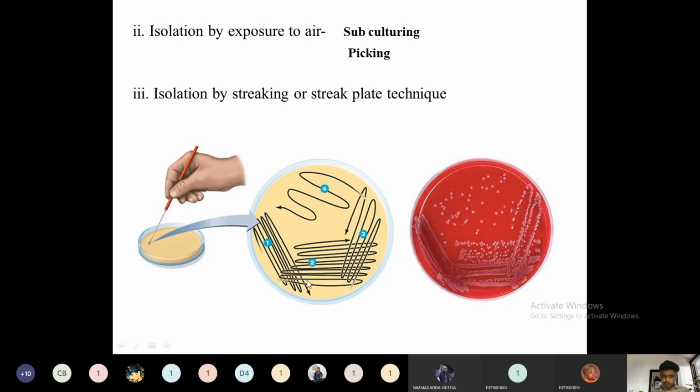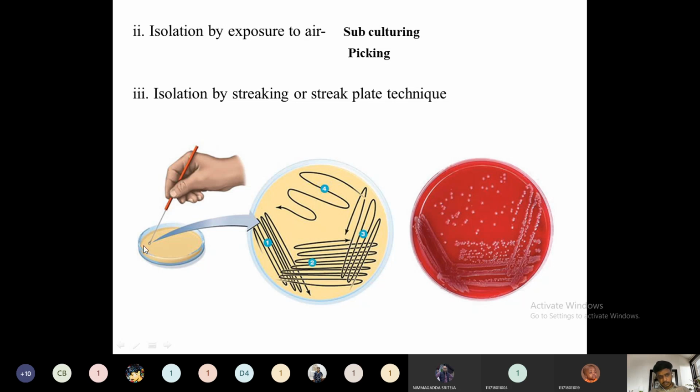If you consider this as the nutrient, or food, for the bacteria, then we start here and streak out. We are showing the path for the bacteria to multiply. Using this streaking technique, only along the lines we streaked will the bacteria grow. As you can see from this figure, in the streaked surface only the bacteria multiply. We don't know how many bacteria there will be, whether one, two, or n number of bacteria.